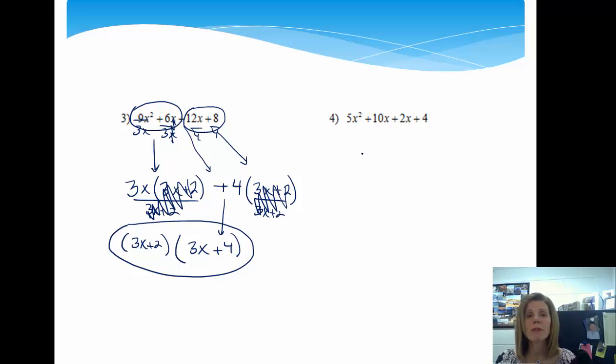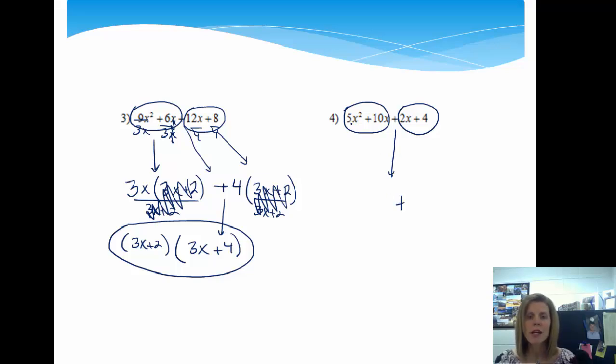Right, if you look at problem number 4, I'm going to have you pause the video, try it on your own, come back and see how you did. All right, hopefully you're back and you did well. We are going to circle the first two terms, and we're going to circle the second two terms. And then from here, let me bring down that plus sign first of all